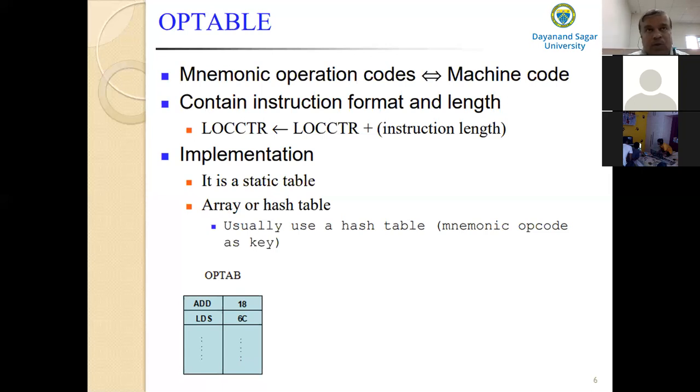In pass two, this op table is used to get the information to know which instruction format to use in assembling the instruction, say whether it is a format 1, format 2, format 3, or format 4 instruction.